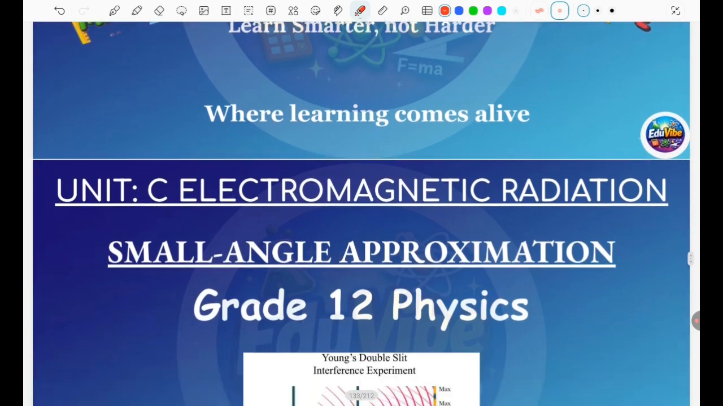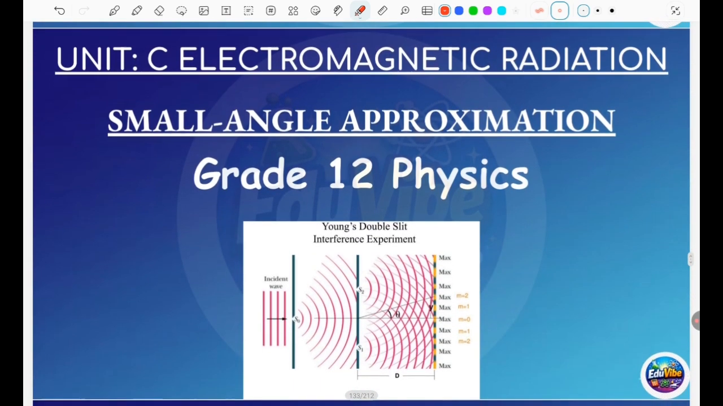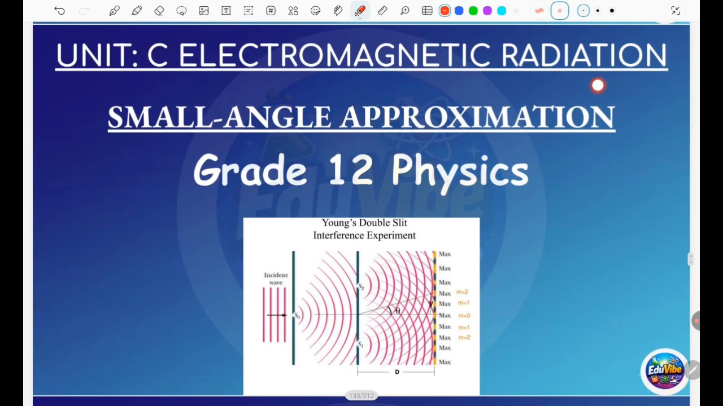In today's lesson, we'll start another topic of electromagnetic radiations, which is the small angle approximation. This is grade 12 physics, and this topic is related to the previous topic, which is diffraction and interference. We do the Young's double slit experiment. We're doing the formula like this,